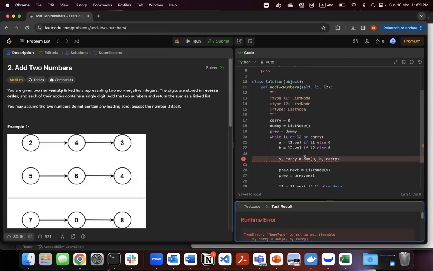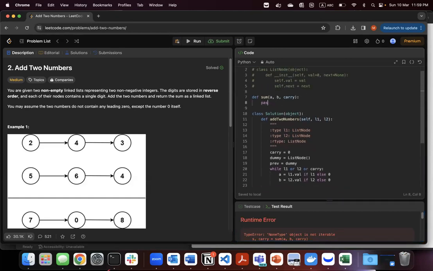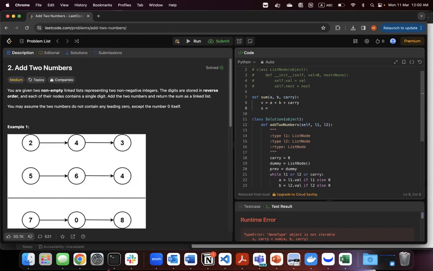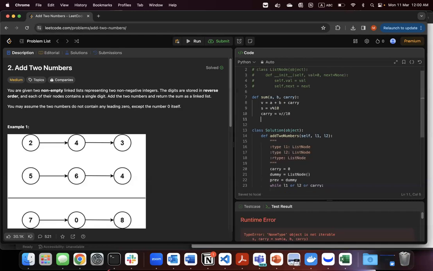Oh, one thing, the sum function, we haven't implemented it yet. So let's say value b will be a plus b plus carry, and the sum will be b mod 10. Sorry, b mod 10. So it will be our sum, and the carry will be b divided by 10, integer division, and we just return the sum and carry. So now run this program,